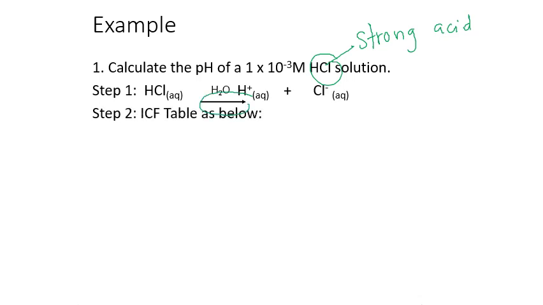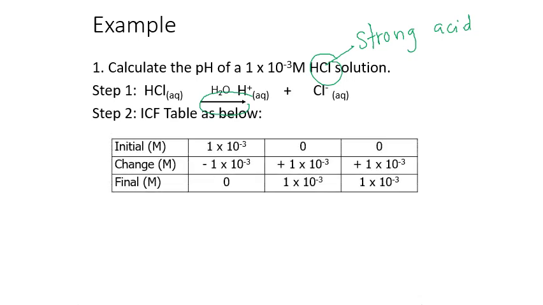Step 2, we write the ICF table like this. Initially we have HCl solution, so the concentration given is 1 × 10^-3. And then we have no H+, and also we have no Cl-. But then